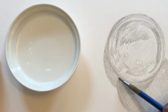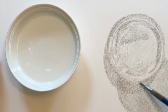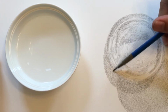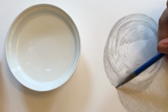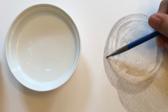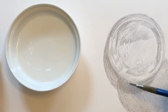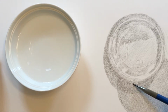And this area is even darker, so I can go back in with some little circles and now this gives us the darkness that we need to define the rim of the glass in lights rather than darks. So let's go ahead and just darken that up a bit. And then you'll see here on the edge of the cup, or the dish, if we darken that up, it'll bring the lights of the